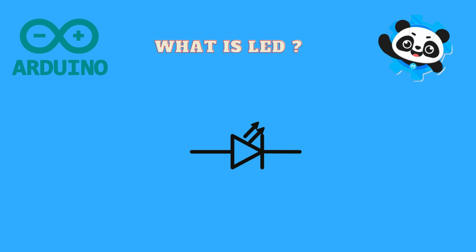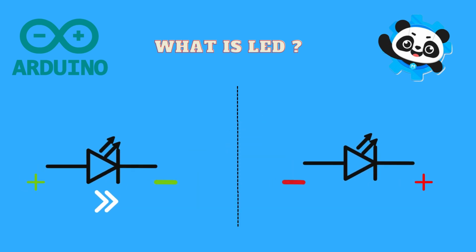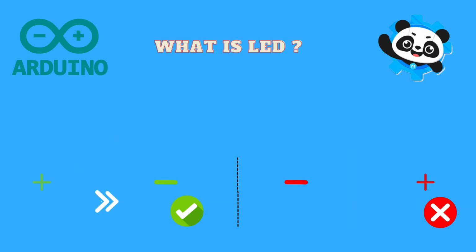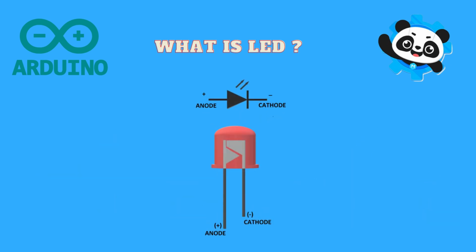A diode, also called a semiconductor diode, is a two-terminal electronic component that allows current to flow primarily in one direction. An LED is a type of diode, so it also has positive and negative terminals and it needs to be connected correctly. If it is connected incorrectly, it won't light up. Therefore, you should check that the LED are properly connected in the circuits we will be making. The terminals of an LED are often referred to as the anode and cathode, and usually the long pin is anode and the short pin is cathode.